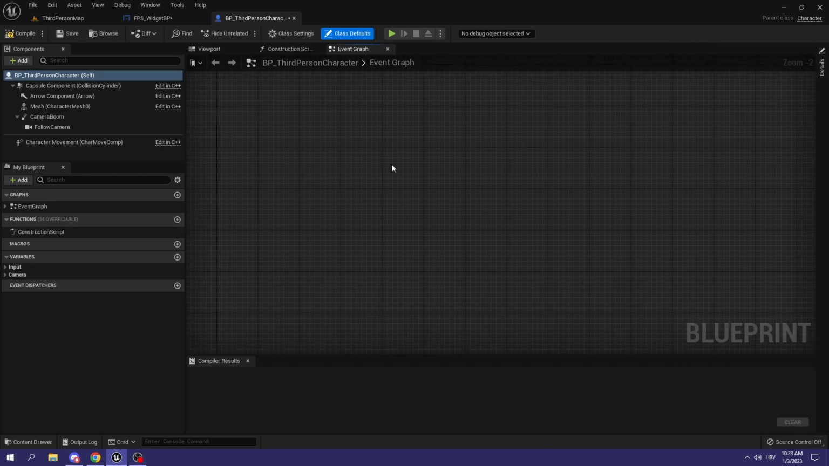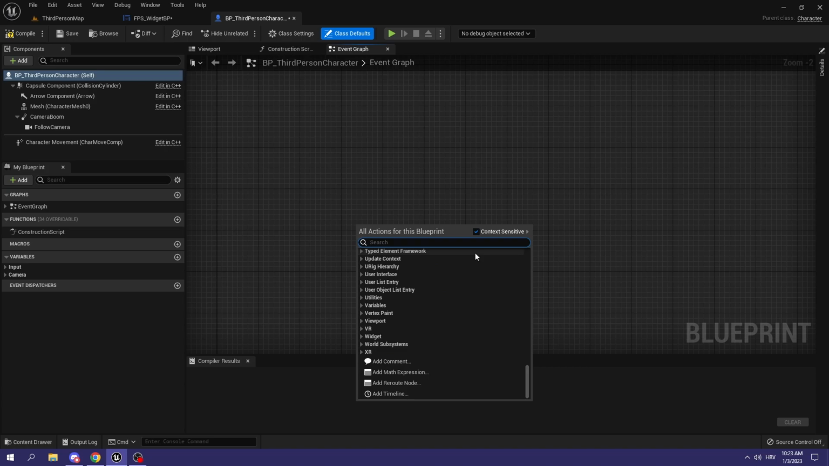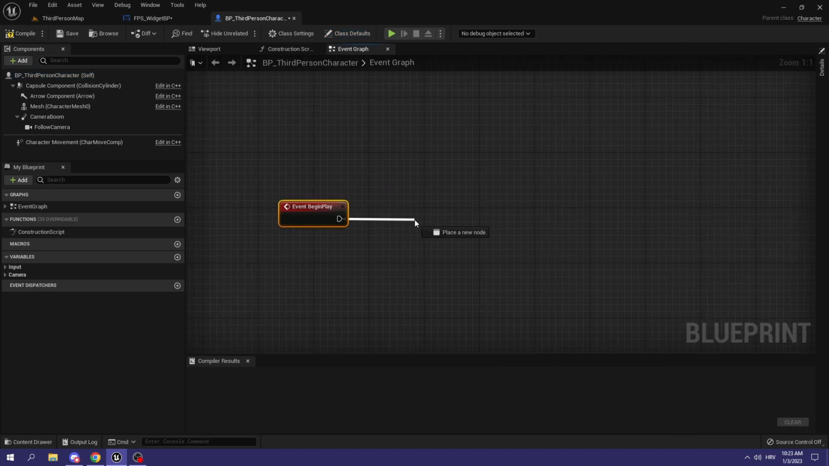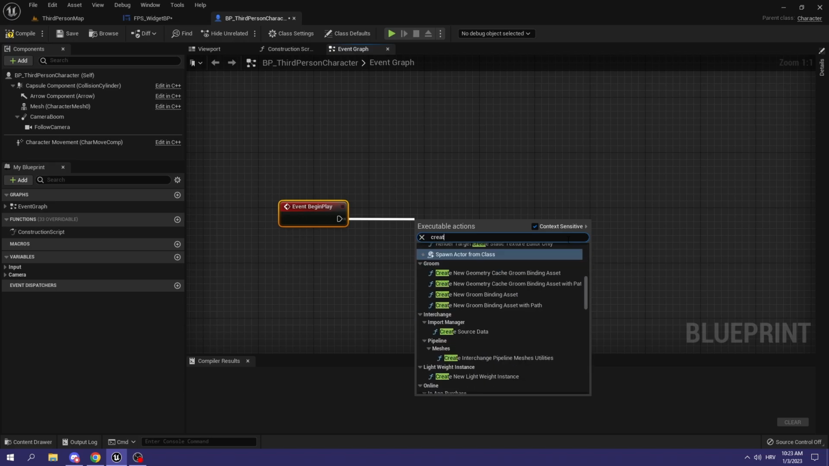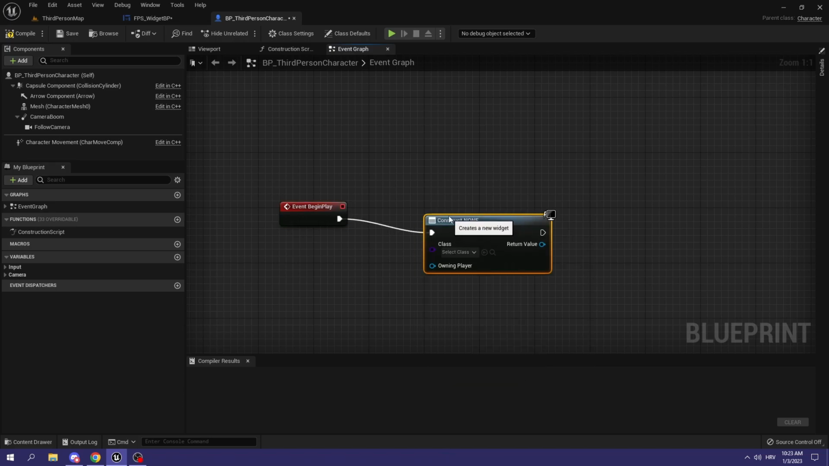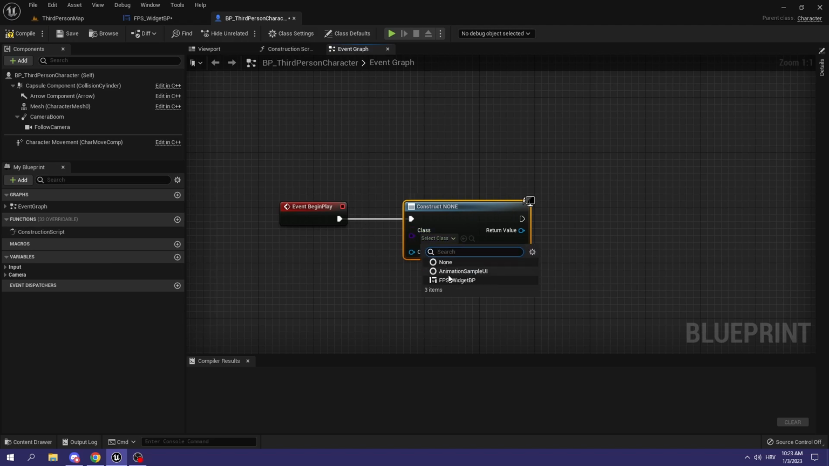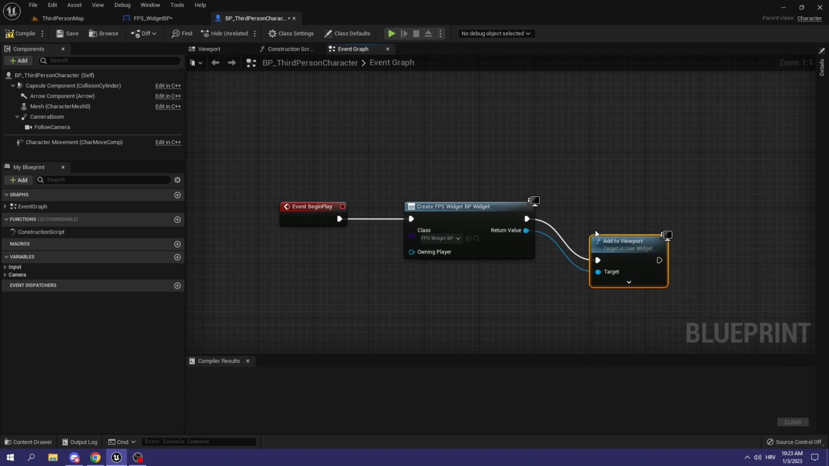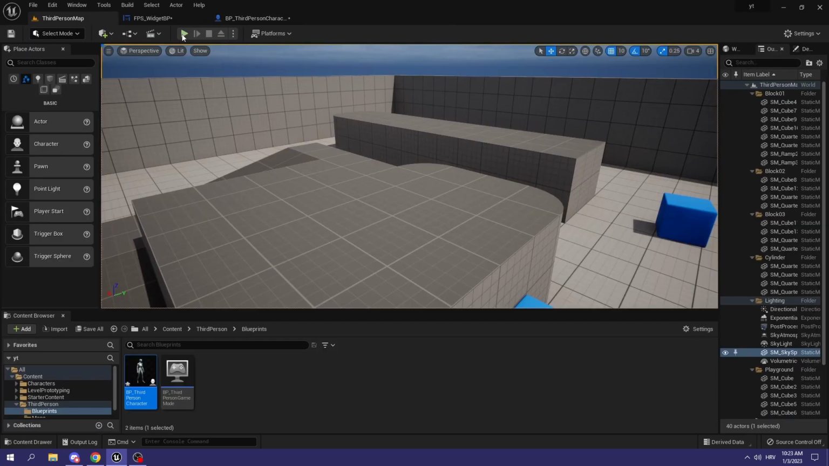So I'm gonna go to the blueprint of the third-person character, and I'm gonna type begin play. Out of the event begin play, I'm gonna pull create widget. What this does is basically put our widget on the screen, and the return value is gonna be add to viewport. And with all of this done, it should be working perfectly